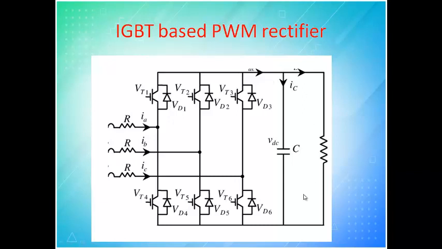The output will again be given to a capacitor. The capacitor will try to charge and then discharge. Whenever the input voltage starts to reduce, the capacitor will start to discharge. Once the capacitor discharges, it has to be charged again. In the next cycle the capacitor will again charge and deliver. Since this is parallel, whatever occurs in the capacitor will occur at the load also. So whenever the load voltage is reducing, this capacitor will try to discharge.